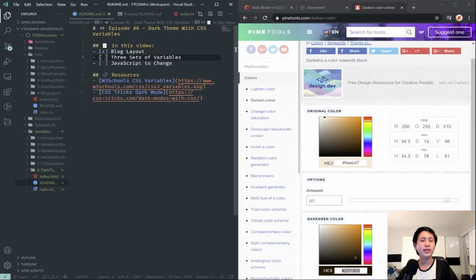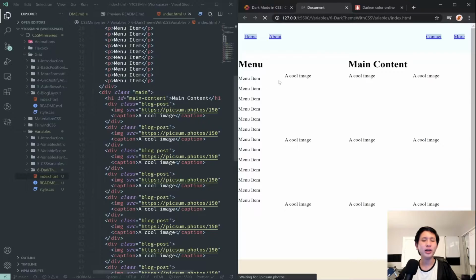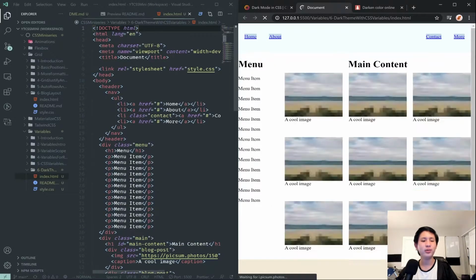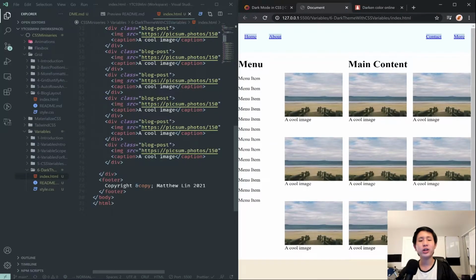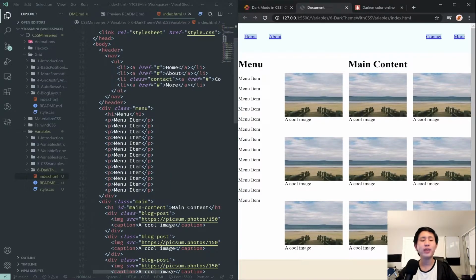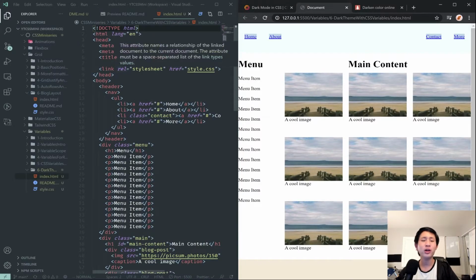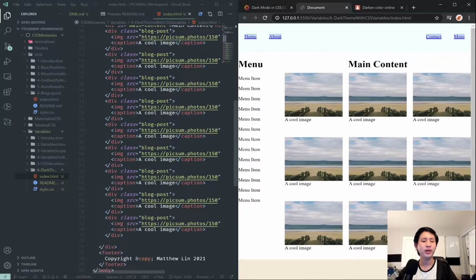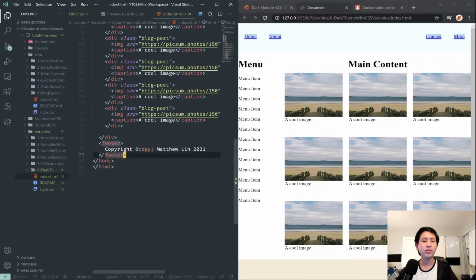So we have 3 sets of variables now, and now all we need to do is add in some JavaScript to help us change between the variables. So that'll be the largest part. And again, if you don't have the JavaScript knowledge, you can check out my episode on my Introduction to Web Development tutorial series, where I went over how to edit HTML with JavaScript. Or if you don't know JavaScript at all, you can visit my JavaScript for Beginners tutorial series, either one of them. So I'm going to add a script down here at the bottom of the body,